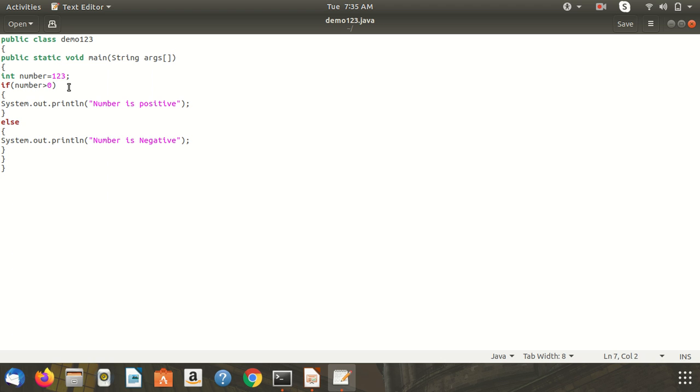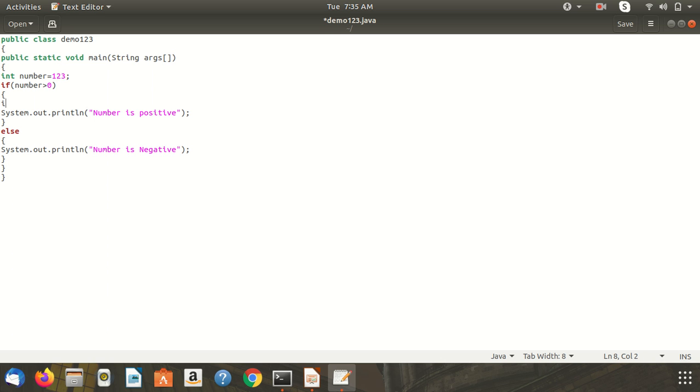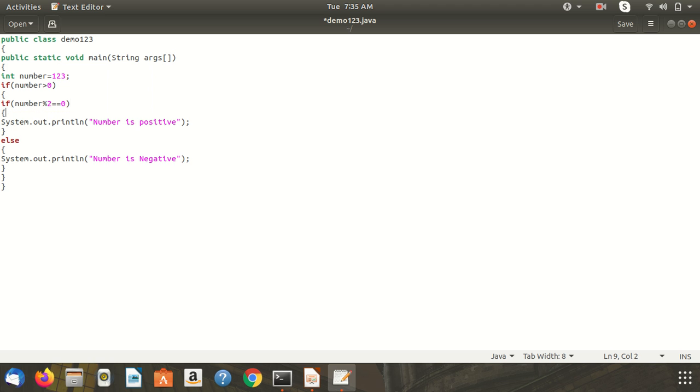Within that we specify another if statement. If number modulus 2 double equal to 0, if both these conditions are true, then it will print a message number is positive and even